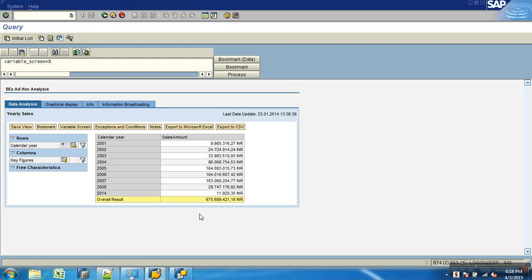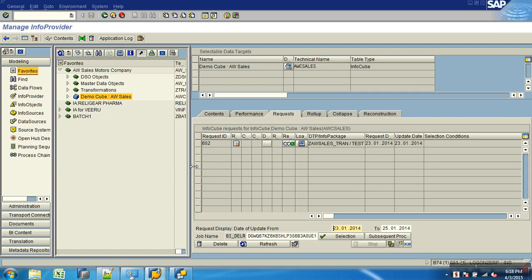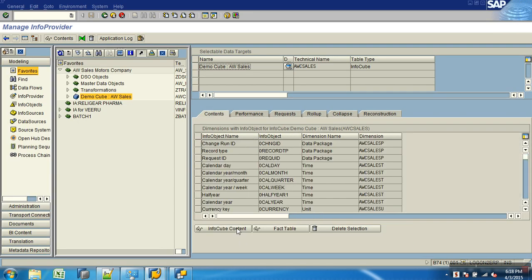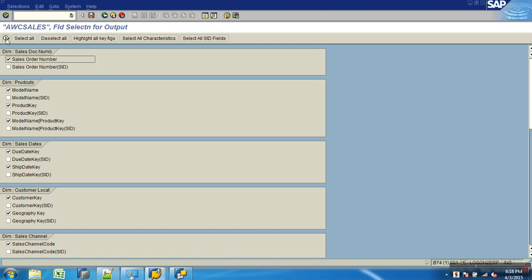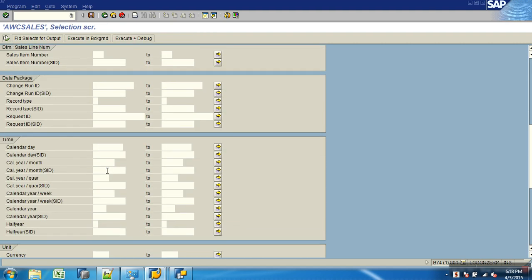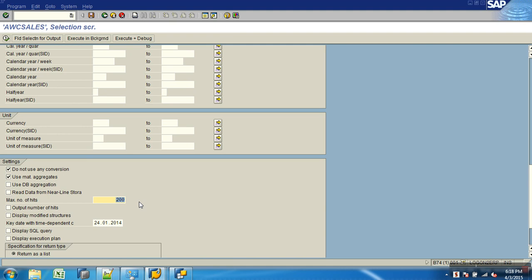Now what I want to do is match the output I am seeing in the query with the output in the cube, to check whether the data that comes in is correct or not. So how do we cross-check? This is very useful when you handle data mismatch tickets. If I select all characteristics and say I want to see all the 2 lakh records, it will show me, but you cannot really make it out here.